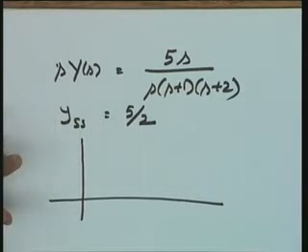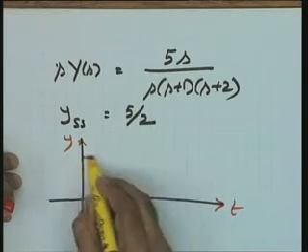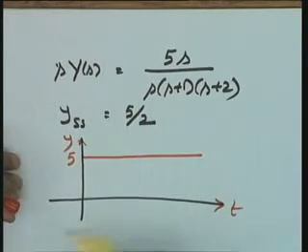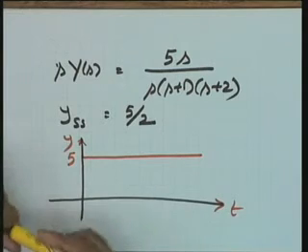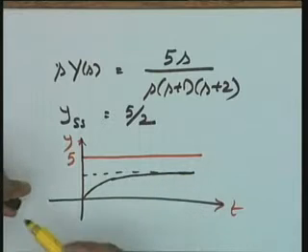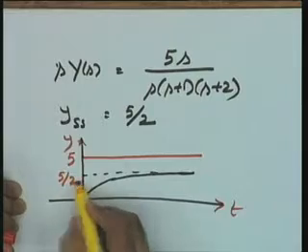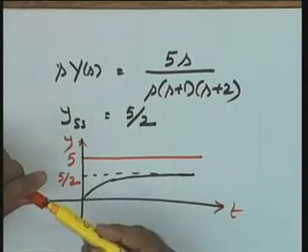For this particular numerical example under consideration, the response looks like this. This is your t, this is y, this was the input, the value is pi, and the output is an exponential rise to a value which is different than pi. This is the exponential rise, as you see, and this particular value, the final value, the steady state value is pi by 2. Nothing new in this example, I know, but still some of the terms which we are using over here, they will be used later on, and hence acquaintance with these terms will be quite useful.